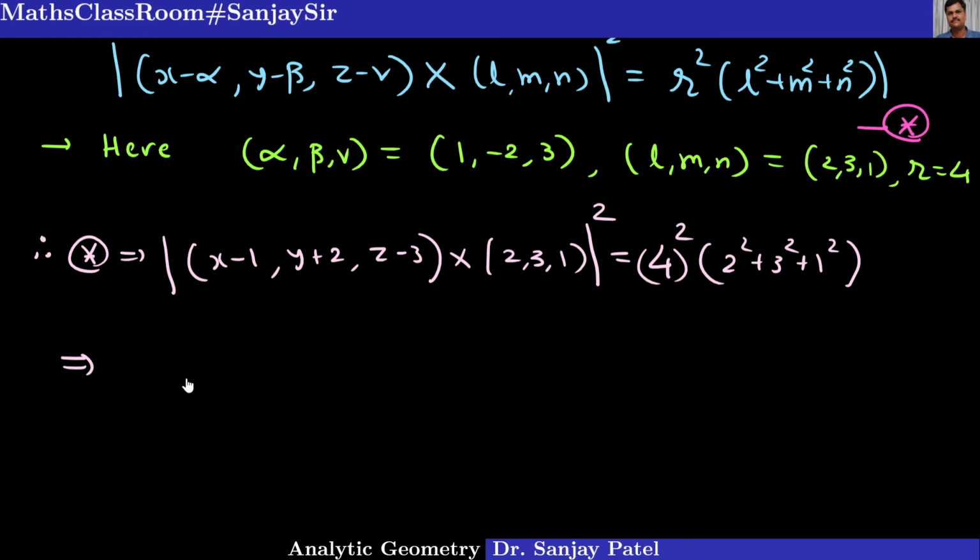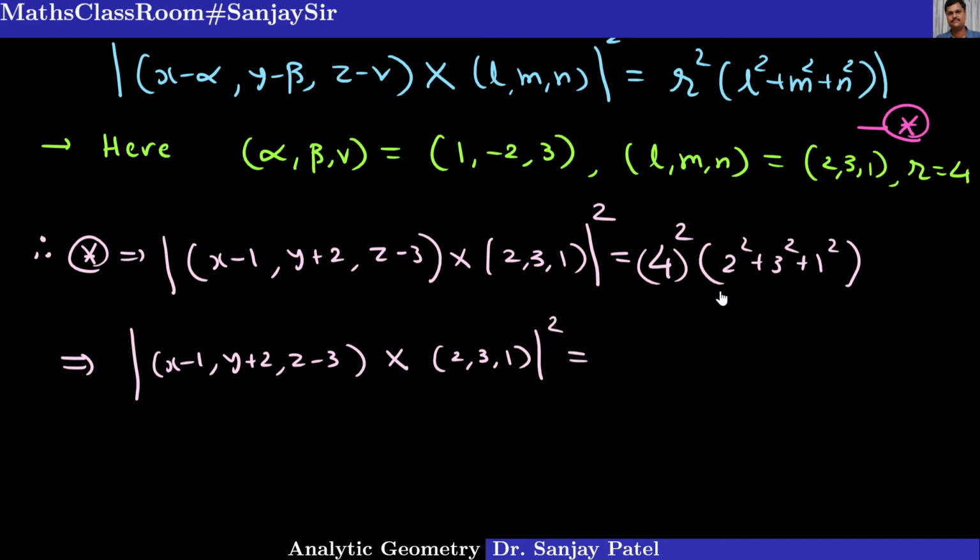So this implies I can write one more step as it is. So x minus 1, y plus 2, z minus 3 cross 2, 3, 1 square is equal to, say here, 16 into, this is 4 plus 9 plus 1, so 10 into 4 is again 16. So this is 16 cross, say 16,